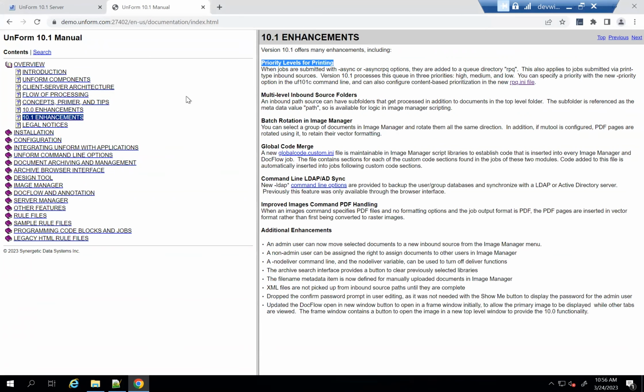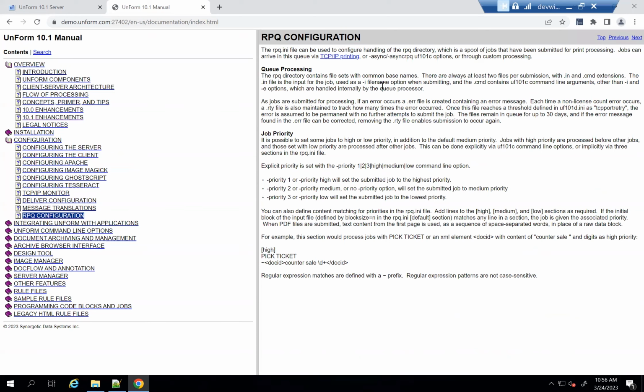Now, more information can be found in the documentation. You can either go to 10.1 enhancements and look under the priority levels for printing and select the rpq.ini file hyperlink, or you can go straight to the configuration section in rpq configuration. That's going to give you some more detail on what you can do with those sections, as well as the